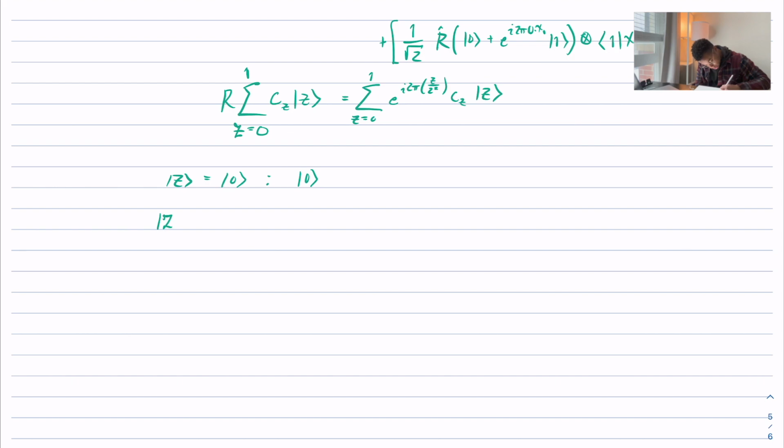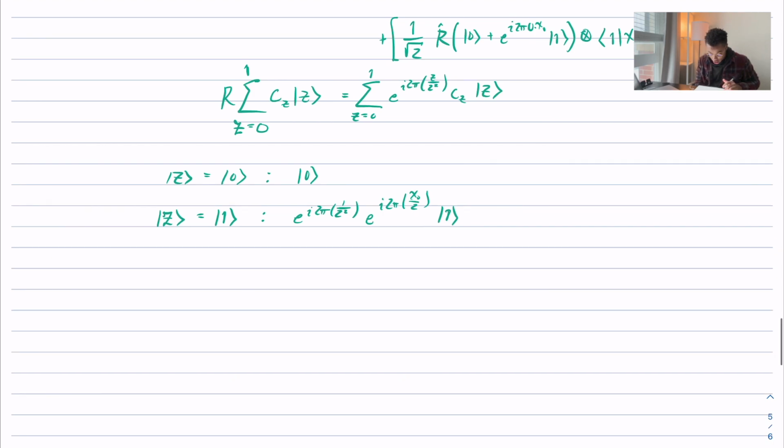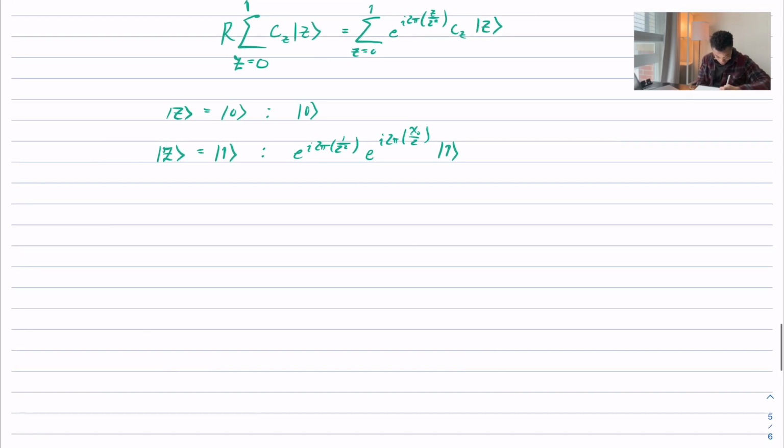But then if state z is equal to 1, then what we get is e to the i2π 1 over 2 squared. And then we can also write out the other exponential term, 2π, and we have x0 over 2, 1. And so then if we were to put these expressions together for the second term,